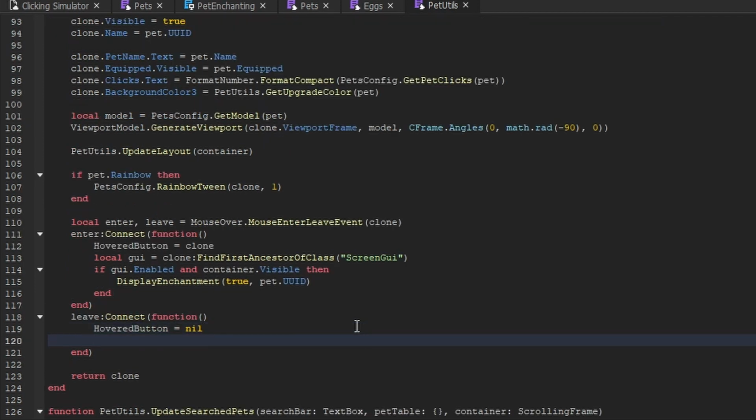Then go into the leave event. Whenever the player stops hovering over this button, we just want to stop displaying the GUI. So we're going to say display enchantment and pass through false to that. Cool. So now this function is displaying the enchantment, meaning it's making it visible or not visible, and it's updating the text,